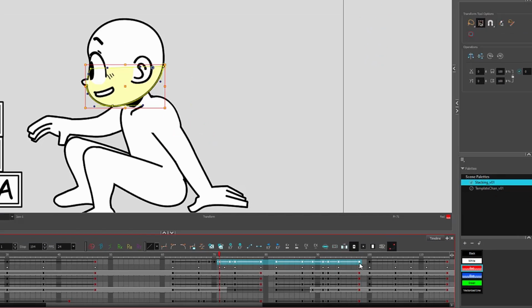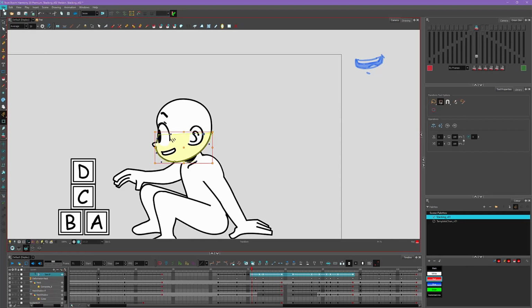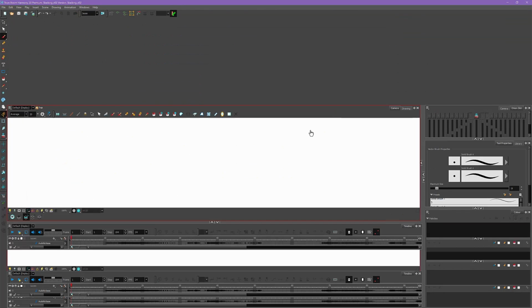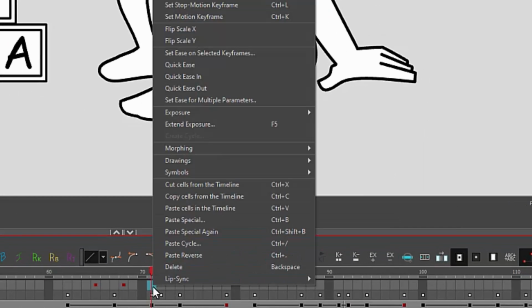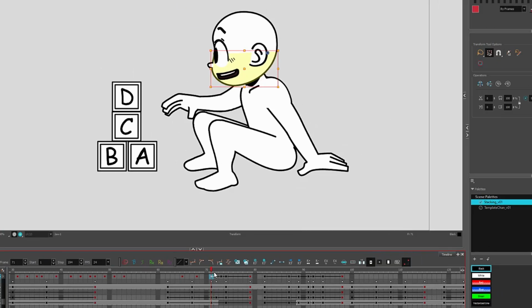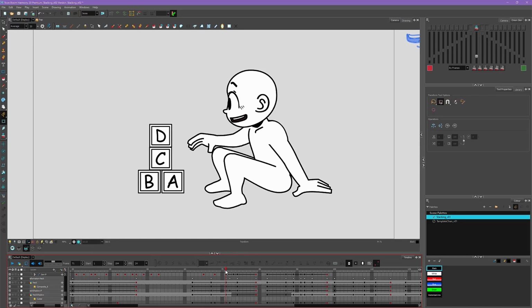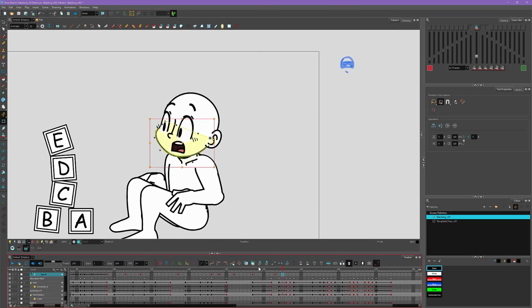So I'll take those frames, shift select them, right click, copy cells. And then because I just saved before doing that, I'm going to close this file without saving it and then reopen it again. And now we can go back to those frames on our jaw layer here, right click, paste cells, and there we go, we've got our keyframes back. So whenever something like that happens, that's usually how I fix it, is I just undo before it all happened, copy whatever I need to copy, close without saving, reopen it, and then paste what I just copied. So not a huge deal. We were able to fix it, which is good. All right, let's continue on.